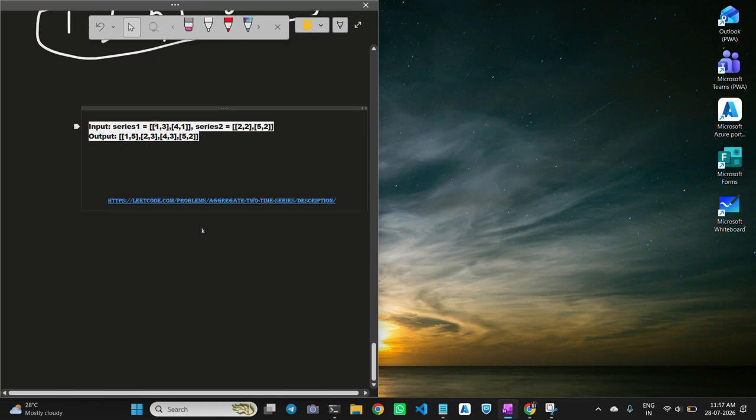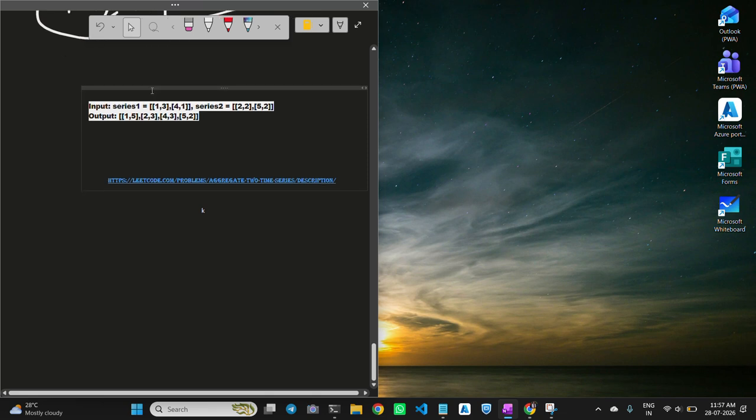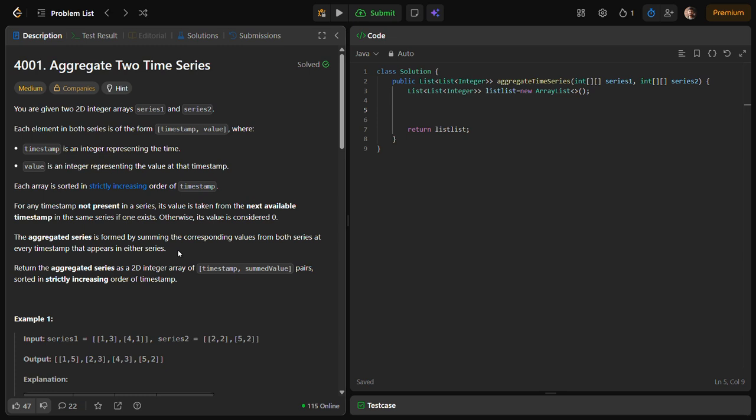So what I want to convey is that firstly you can consider that the first subarray is already sorted by the timestamp, and the second subarray is also sorted by the timestamps, like it has been mentioned in the problem as well.